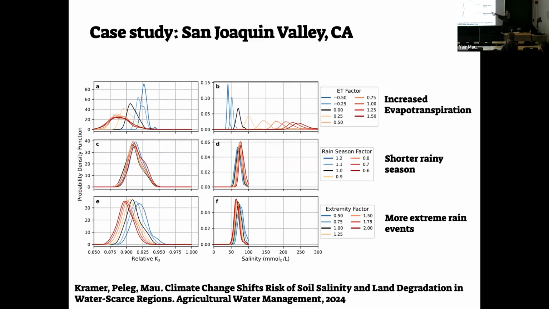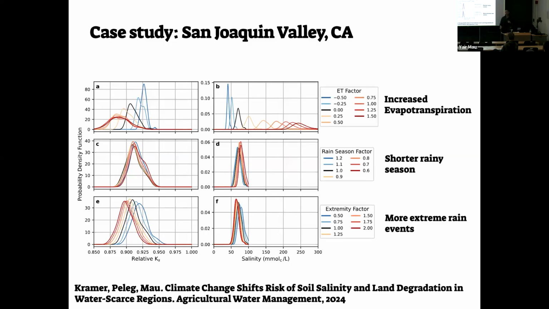So we see that we expect the greatest contribution to degradation to be the increase in evapotranspiration. And this is the one factor that we are most certain about. When we have projections of how the climate will be in Mediterranean areas, including the Central Valley in California, the uncertainties are big with respect to rainfall, but they are much lower with respect to temperature. And here we see that temperature is, according to this study, the biggest contributor.